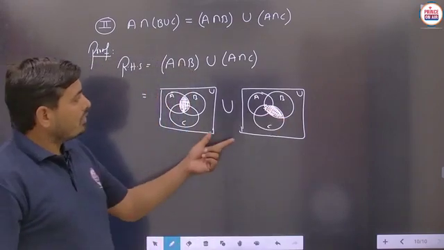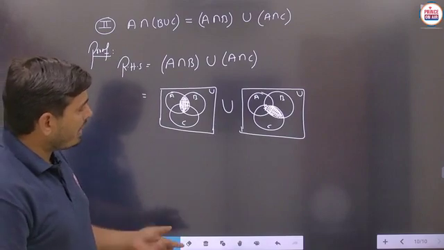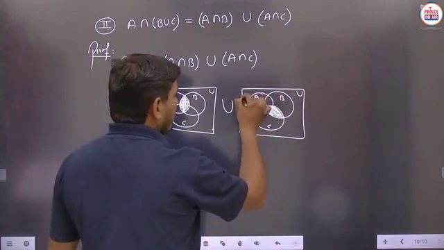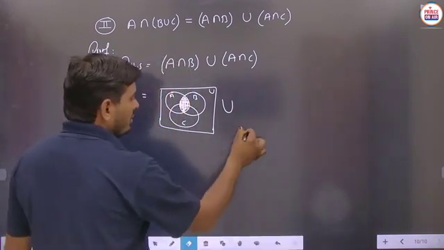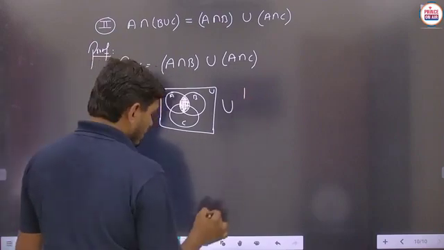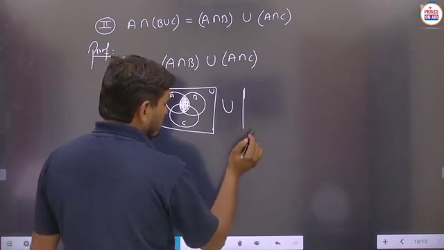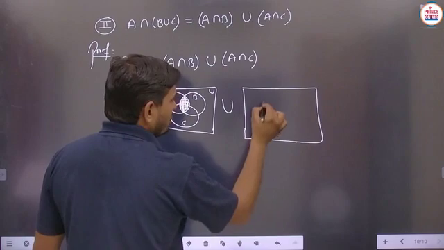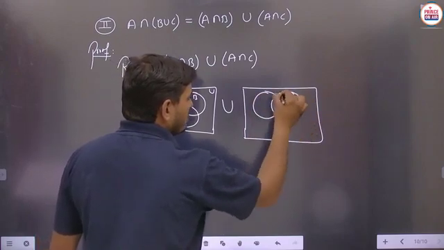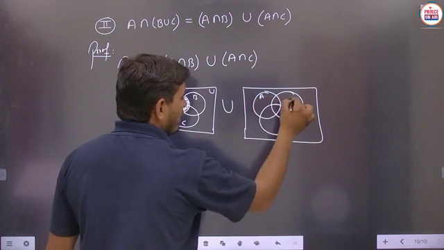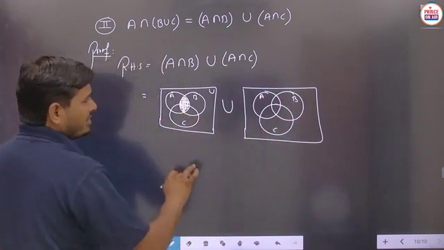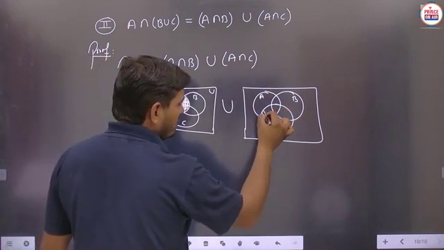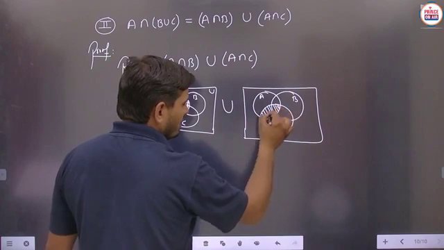Now this is the common part of A and C we are plotting here. So we have to erase this part. Again we have to make this diagram properly, because here we have to make the diagram of A intersection C. So the common part of A and C is to be drawn here. This is the set A, this is the set B, and this is the set C. So this is A, B and C, and the common part of A and C, because here we are taking A and C, will be this. Is it to be clear? So you can make it like this. Is it to be clear?